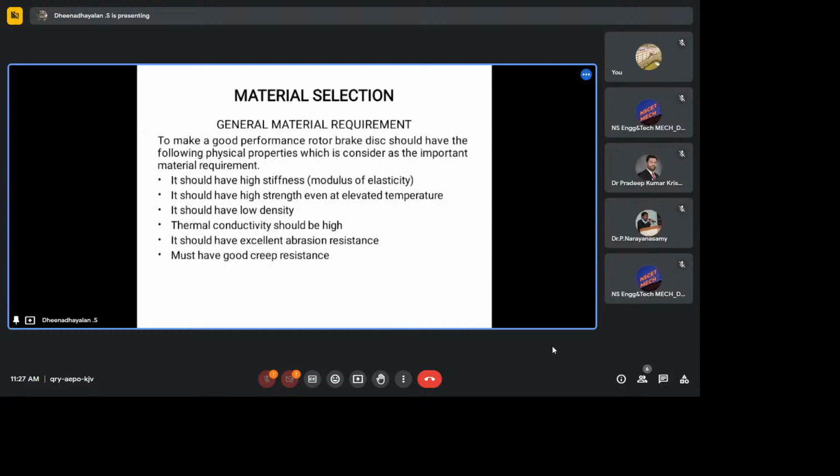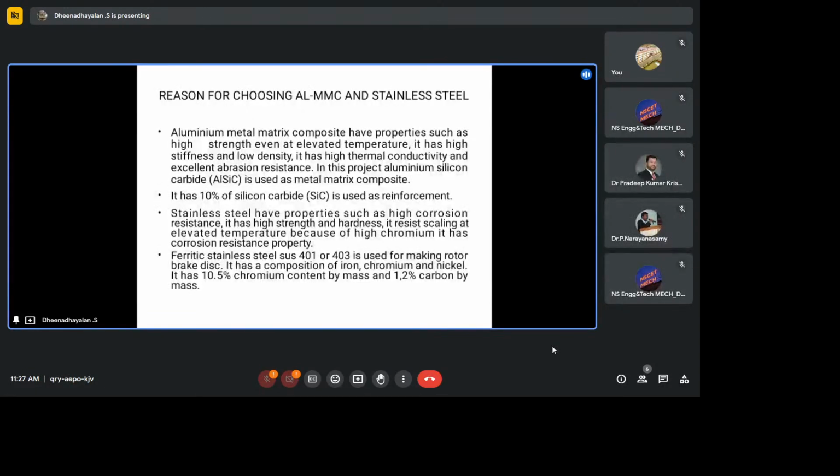For material selection, it should have high stiffness, high strength even at elevated temperature, and low density. Thermal conductivity should be high. It should have excellent abrasion resistance and good grip resistance. The reason for choosing aluminum metal matrix composite and stainless steel: